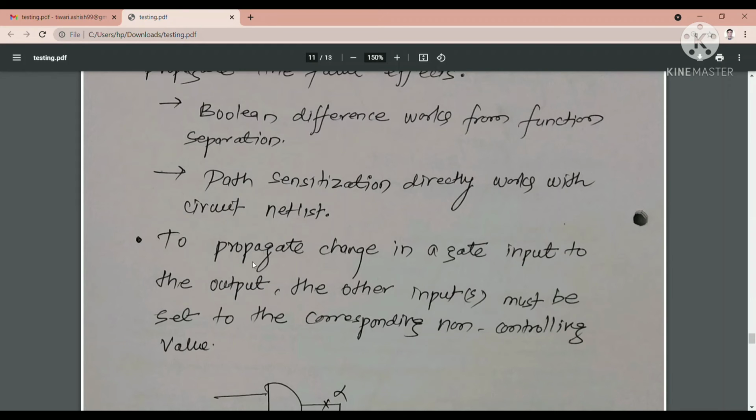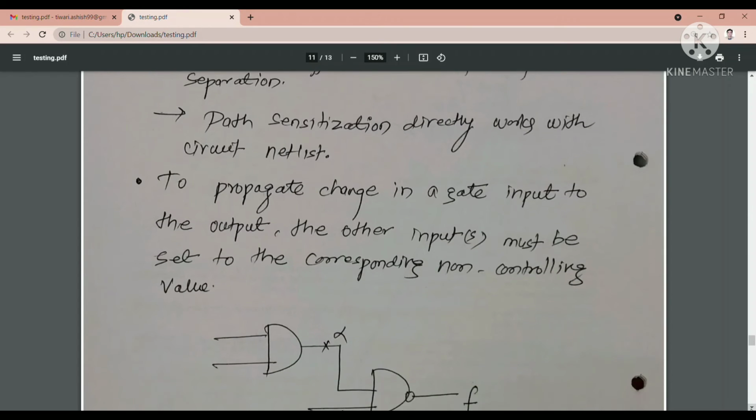Okay, so next, to propagate a change in a gate input to the output, the other inputs must be set to the corresponding non-controlling value. I told you on the previous page about the non-controlling value that we are going to see. What is the non-controlling value? Now see,